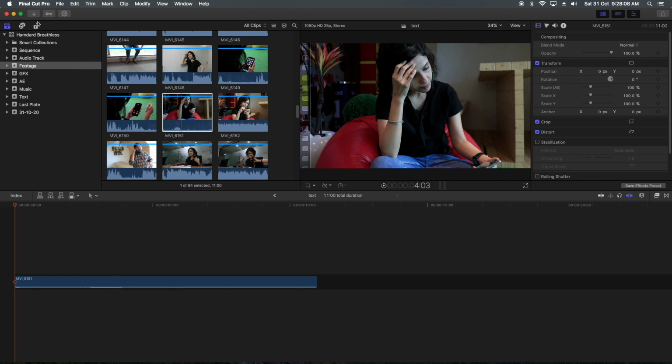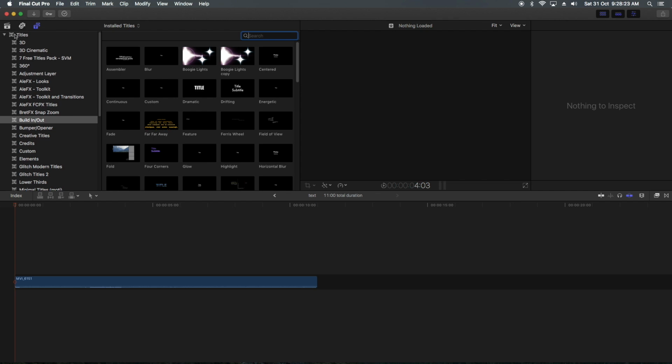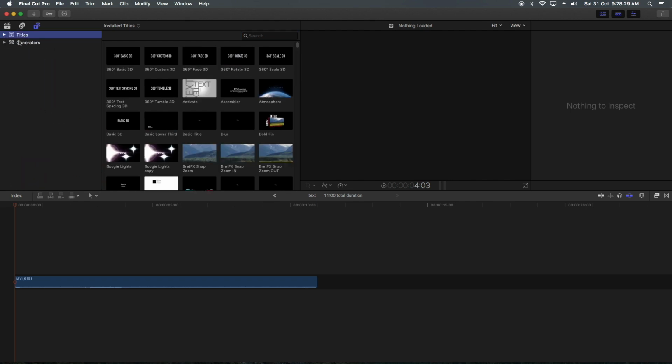We have to go to the generator tab, and this is our generator tab. You all know about this, but today I am officially declaring it as the generator tab. You will find this title folder here, and one is the generator folder.